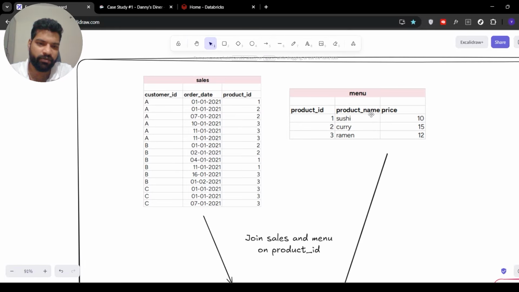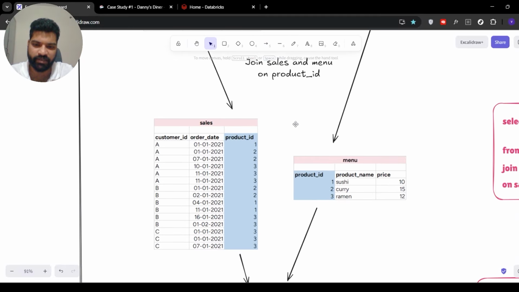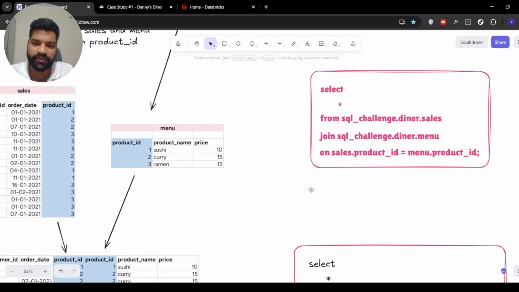So we have the sales table, we have the menu table. The common key that's joining sales and menu is product ID. We have product ID, product ID. You see, the product ID column and the product ID column. So if you see the relevant code,